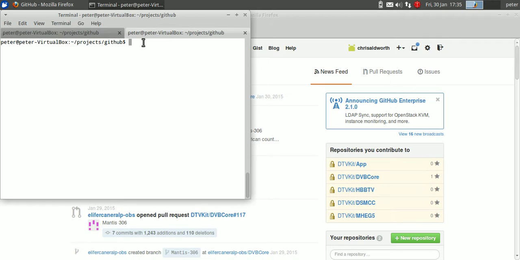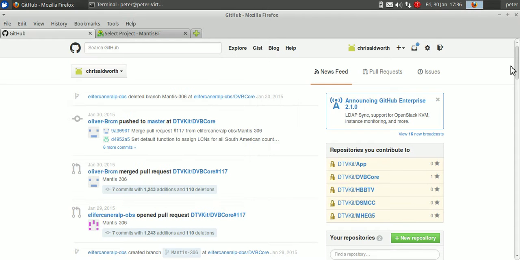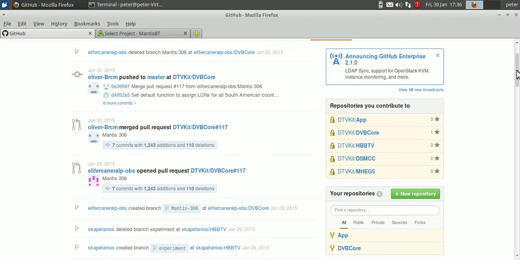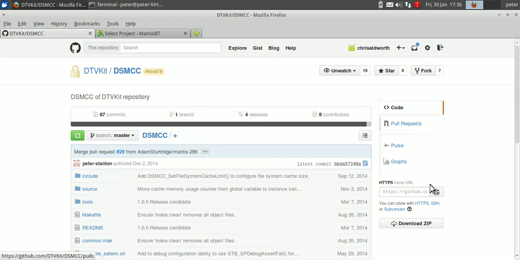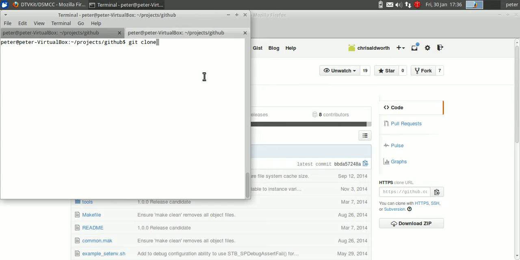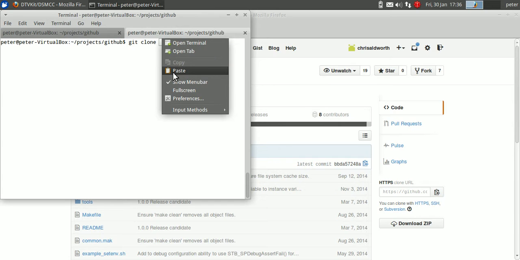So the first thing we do when we get into DTVKit is we want to clone the repositories. We want to see what's in there. We want to play with the code. So we can do that by git clone, and then we find in Git the repository that we're going to use. On the right hand side are a list of the components of DTVKit, and the one that I'm going to play with is DSMCC. So I click there and that gives me a URL of where the repository is on GitHub, so I can copy that to my clipboard, and then go back to my terminal and paste the URL that I've just copied